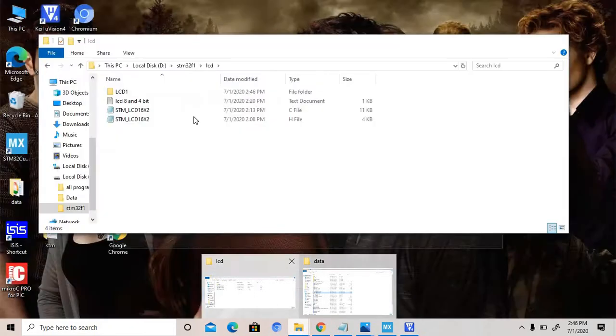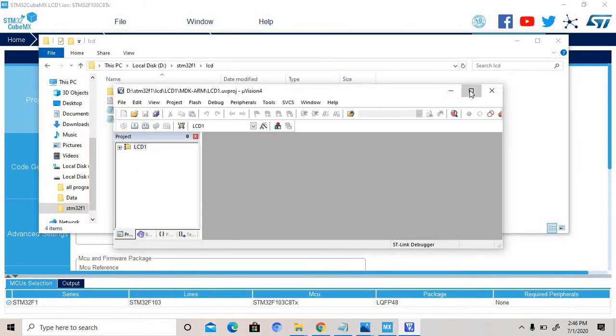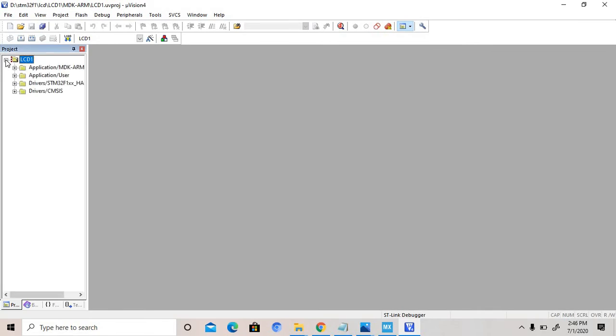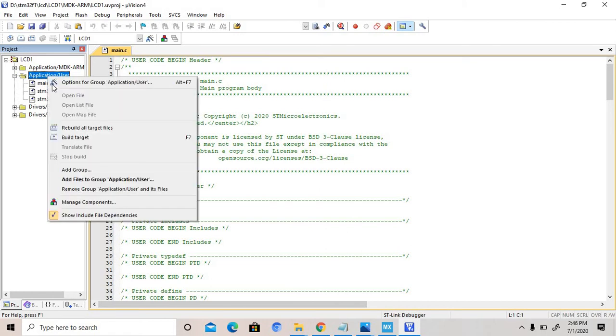I have to add these two files in the same folder. So this is our Keil software. This is the main file. So we have to add these two files.